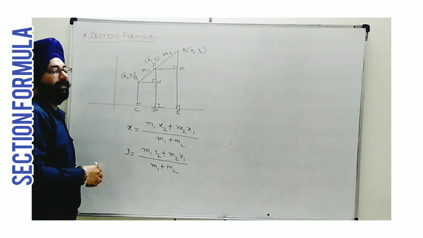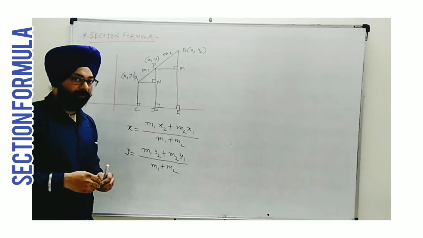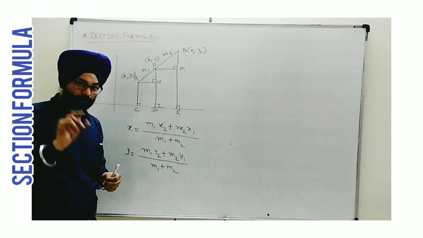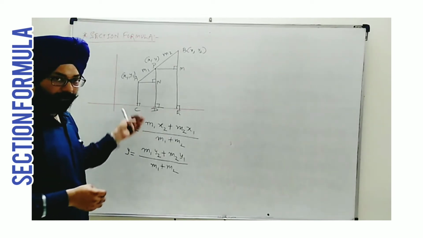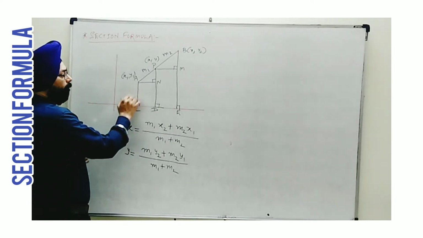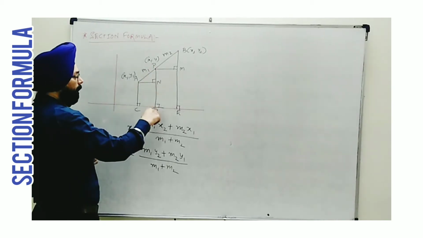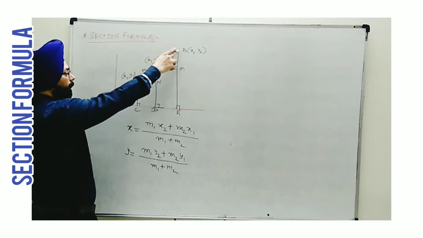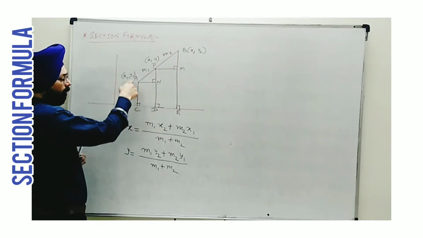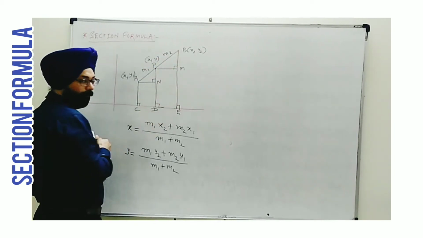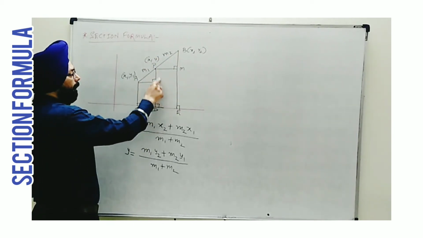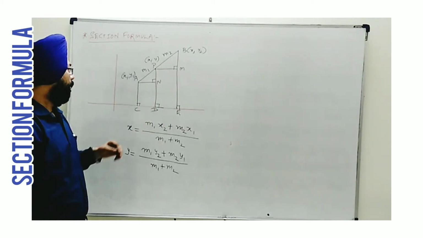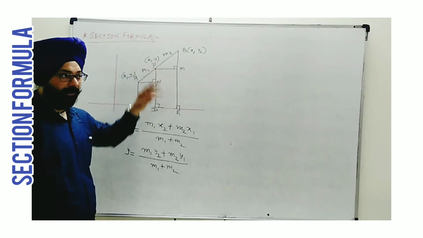Here we will take help of the similar triangle concept. If you have not seen that topic, you must see the basic theory, which will be helpful here. What are we going to do? I have drawn perpendiculars from A, P and B to the x-axis: AC, PD, BE. This way we complete two triangles, APN and PBM. Each is a right triangle, and here angle N is 90 degrees and angle M is 90 degrees.